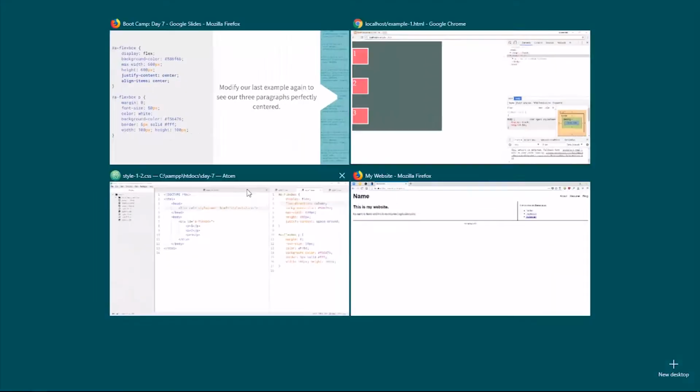We're going to use a new property called align items, and we're going to set that to center. And that's going to align things along the cross axis. And justify content aligns it along the main axis. Align items is going to align it along the cross axis. Main and cross axis. So if we go and pull this up in Atom,